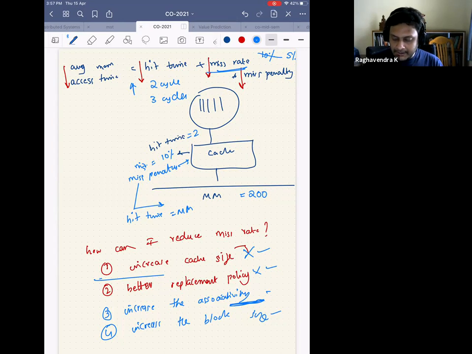But anyway, okay. So if I increase the associativity, the miss rate decreases, but the hit time increases. If I increase the block size, yes, miss rate decreases, but what increases? Now the hit time doesn't increase, miss penalty doesn't increase. Does anything else increase? If I increase the block size, what increases? I know miss rate decreases, but what increases?